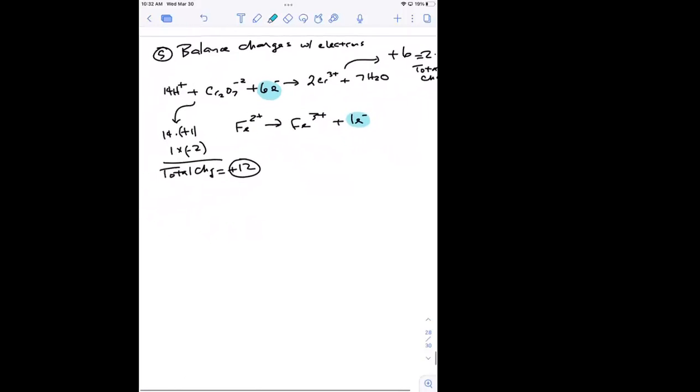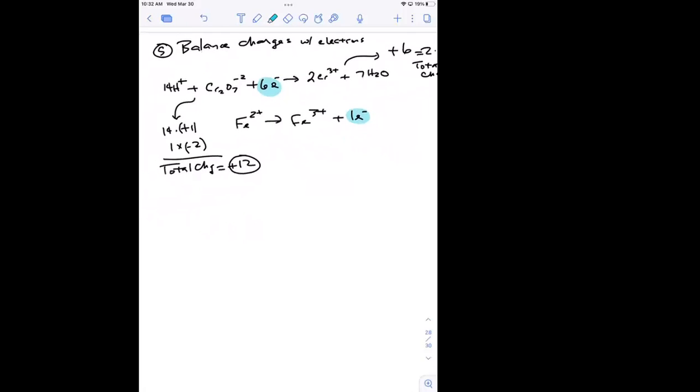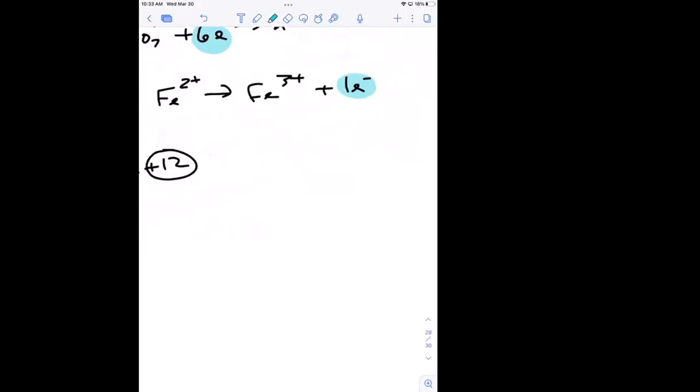All right. So notice now, what happened to iron? Let's answer that question. Did it get oxidized or reduced? Oxidized. It got oxidized. So anytime I'm showing oxidation, the electrons are going to be on the product side, on the right of the arrow. So when oxidation,